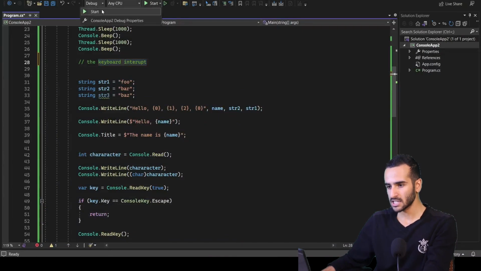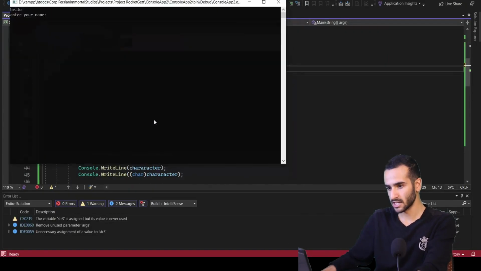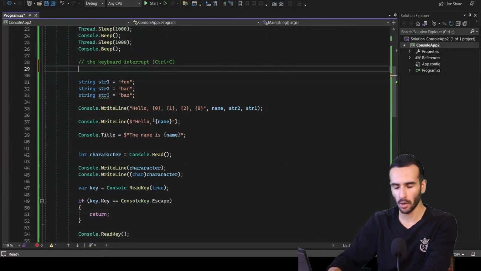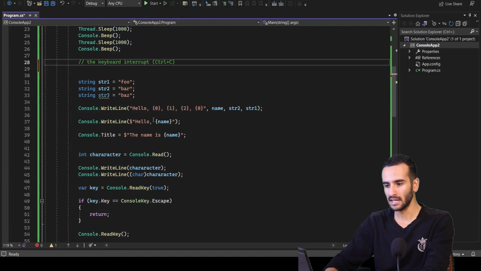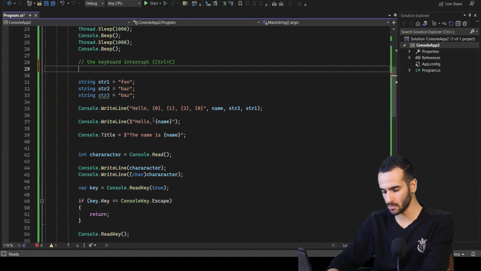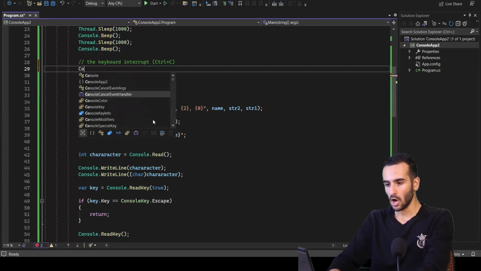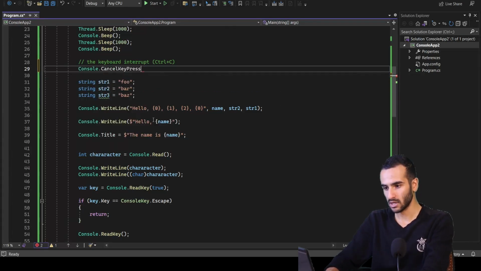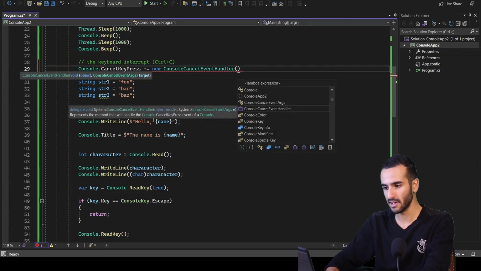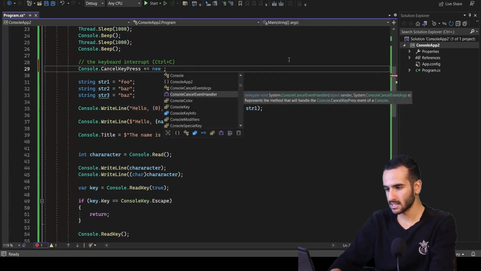And it's the same. So if I Ctrl+C the thing, for example, I say Alireza and wait for the beeps, and if I say Ctrl+C, it will terminate the program. And if I want to customize the process of the keyboard interrupt, I can use Console.CancelKeyPress. I will say plus equals to a new ConsoleCancelEventHandler, and I can say new